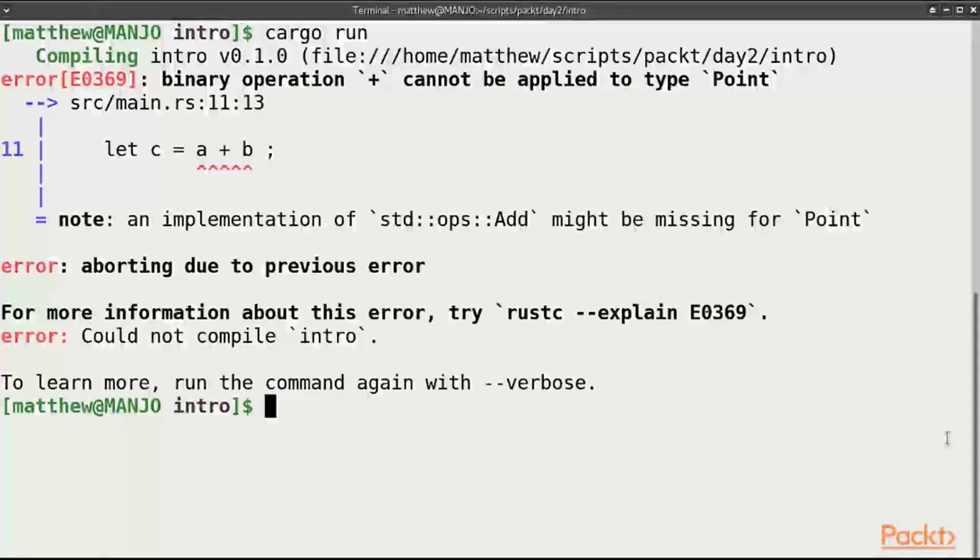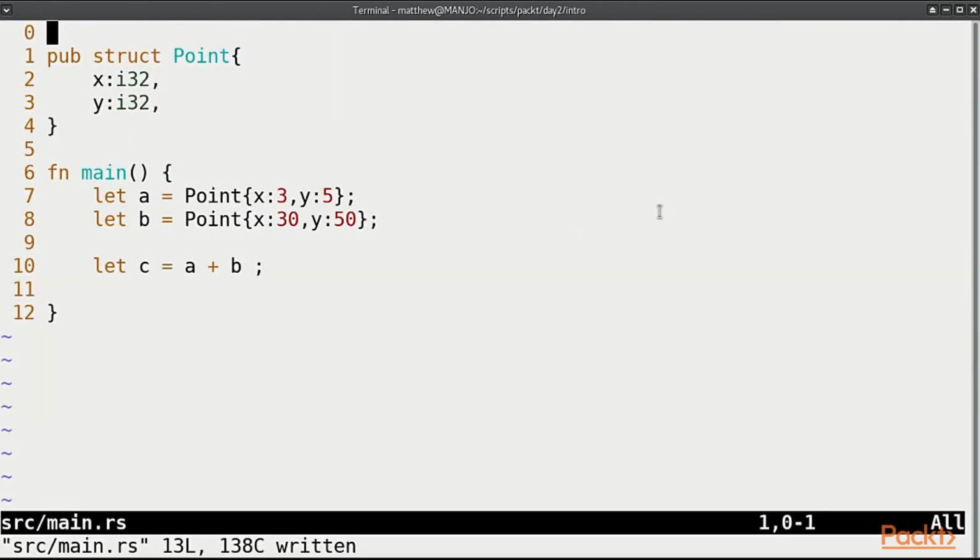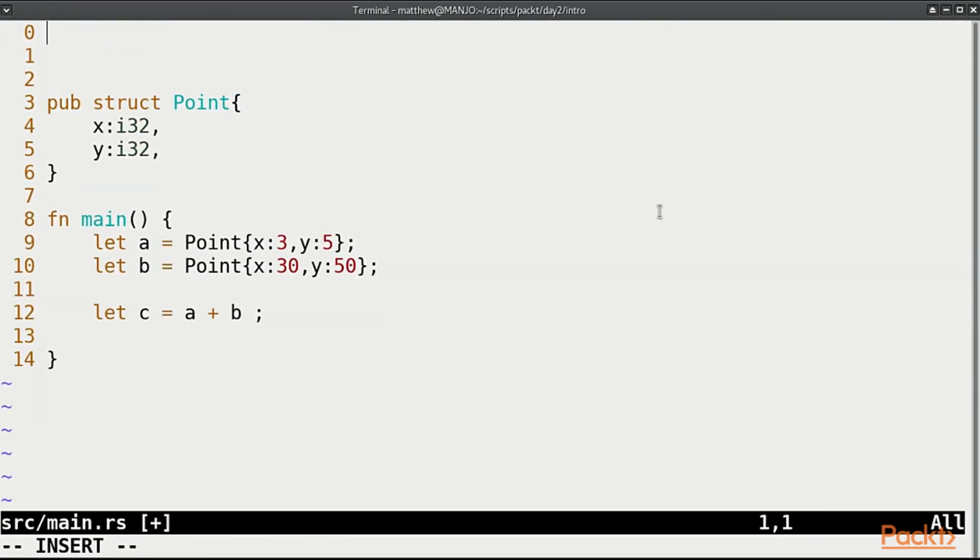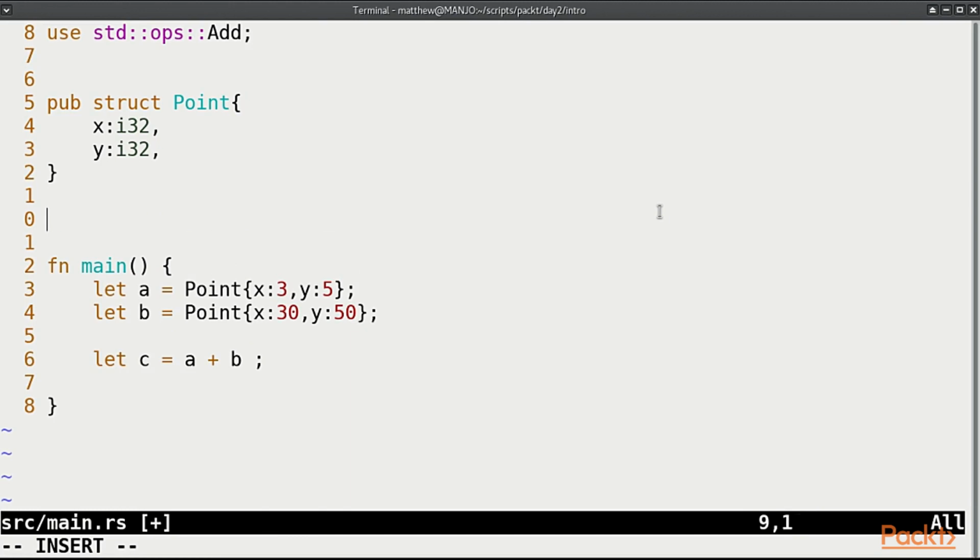The operation plus cannot be applied to the type Point. Note, an implementation of std::ops::Add might be missing for Point. Why don't we try implementing Add? So we'll need to import std::ops::Add so that we can overwrite it. So use std::ops::Add, and here we can impl, and we're going to impl the trait Add for our